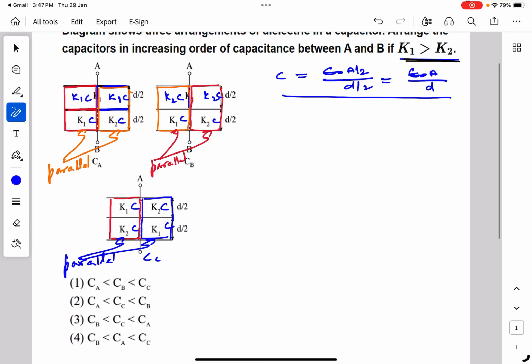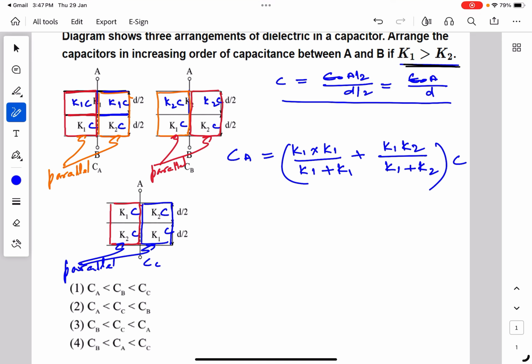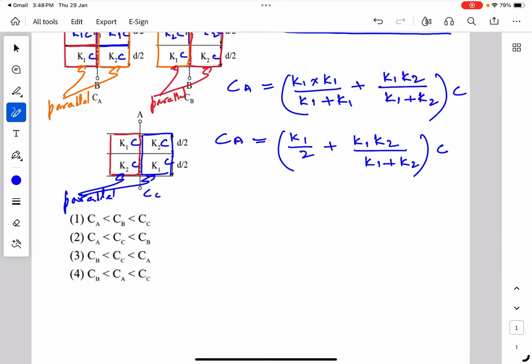Now let us find out the capacitance of A. This will be equal to K1 into K1 upon K1 plus K1, plus K1 K2 upon K1 plus K2, multiplied by C. This is equal to K1 upon 2 plus K1 K2 upon K1 plus K2, multiplied by C. Similarly, the capacitance of B